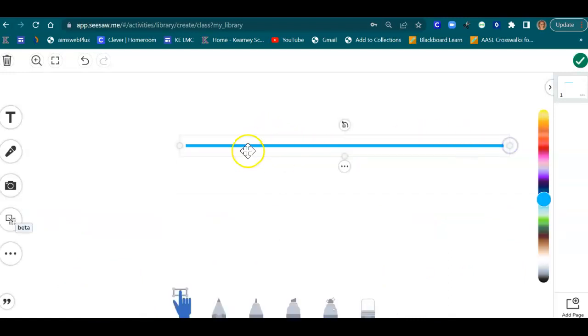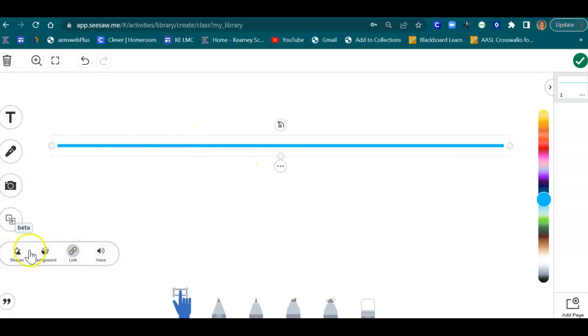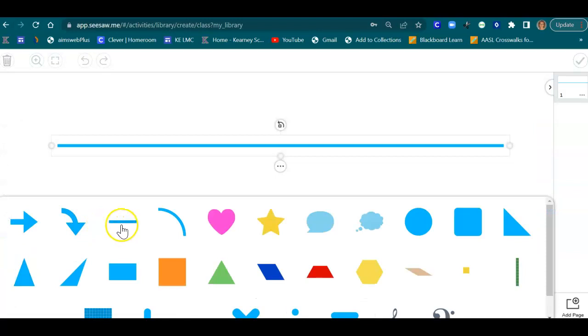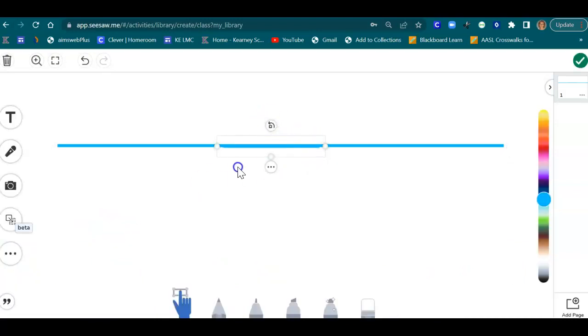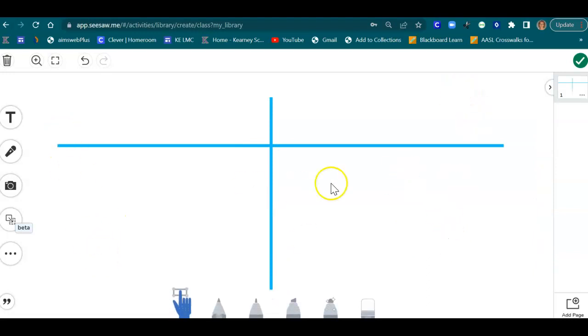I'd make a T-chart, okay? Then I'd type a whole bunch of words, and they'd do some kind of sorting activity. It's so much work, right?